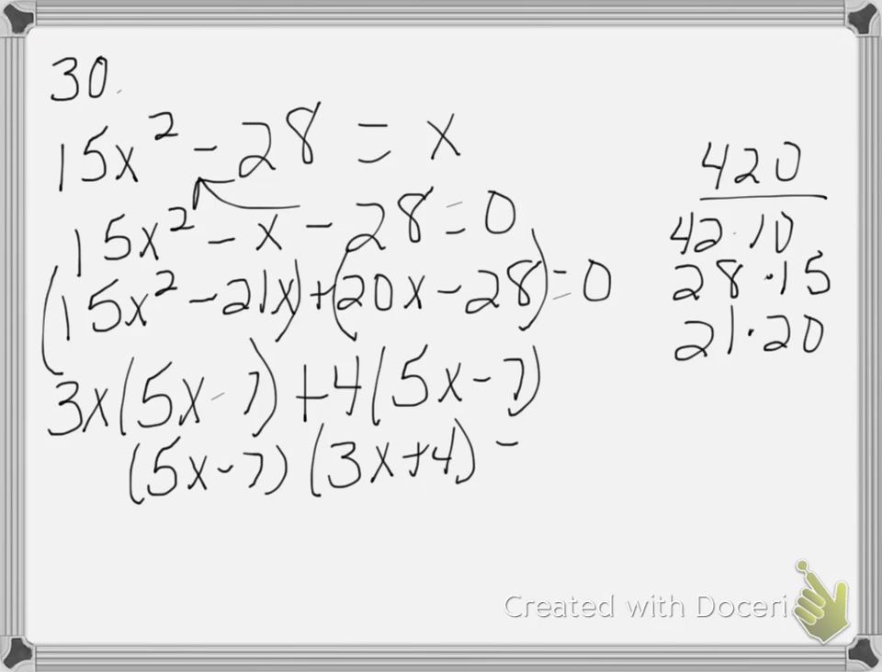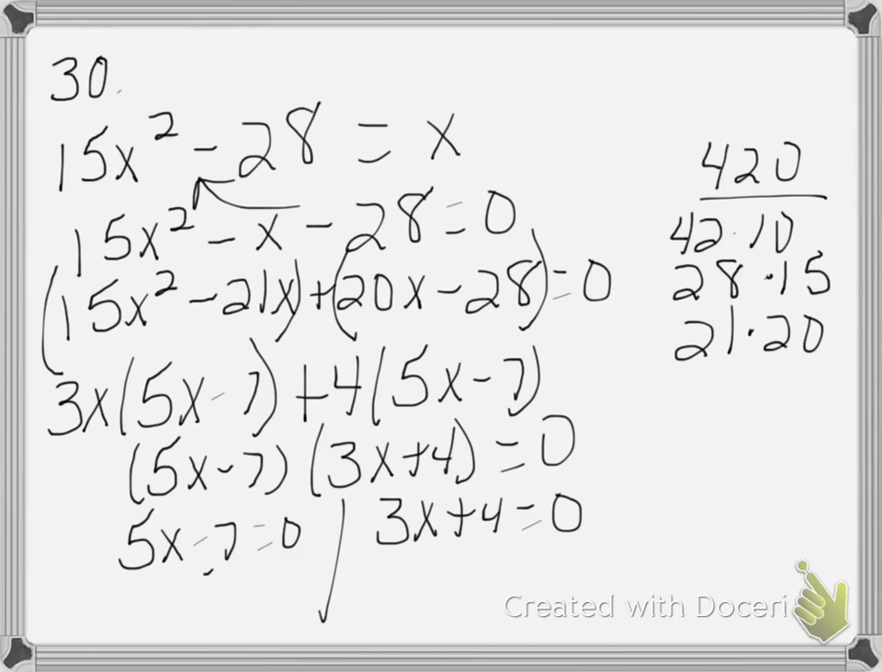Now don't forget, you have to get it equal to 0. So now we have to take each binomial. I'm going to add 7 and then divide by 5. So it's 7/5. Subtract 4 and divide by